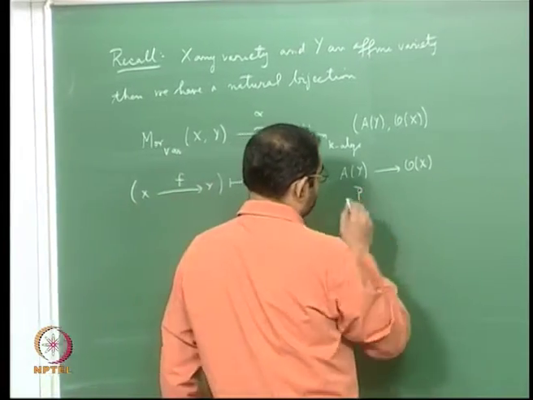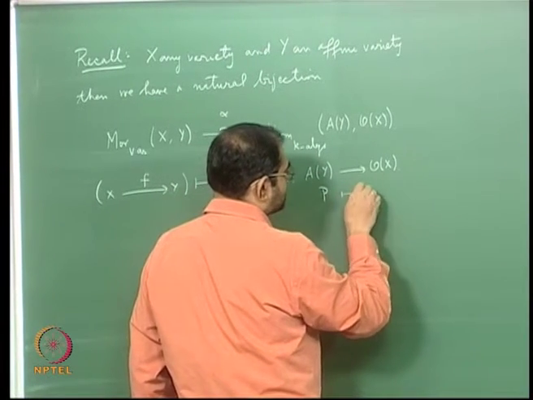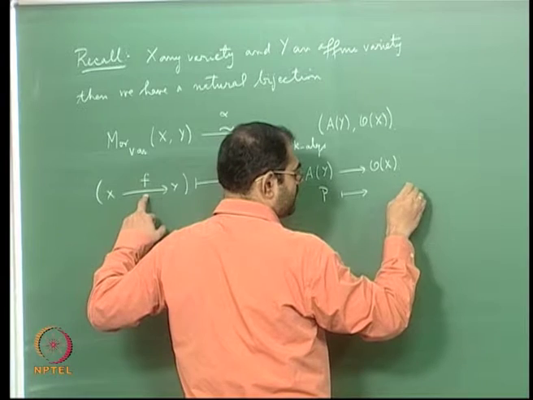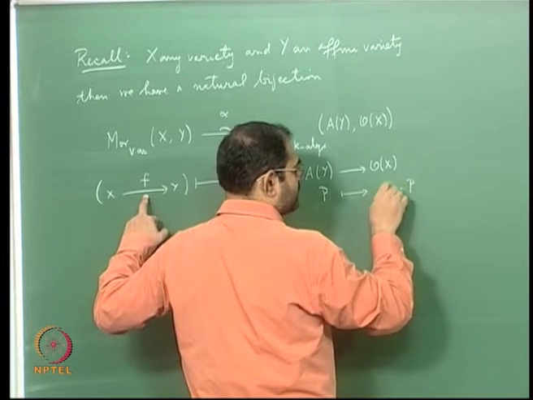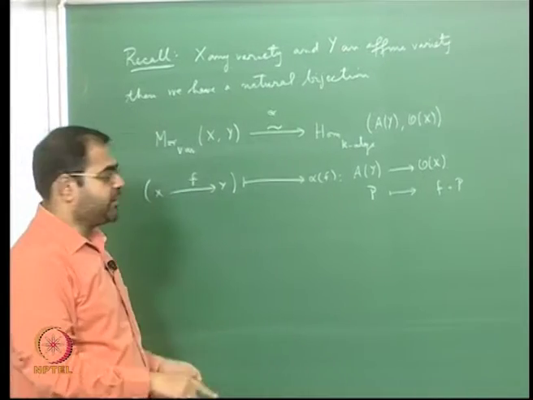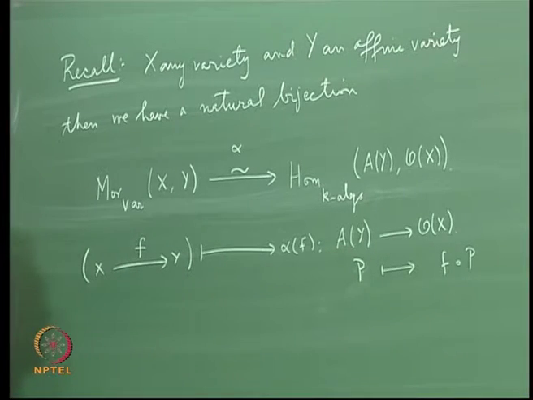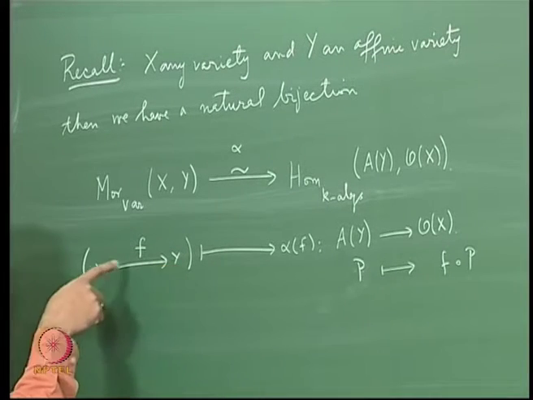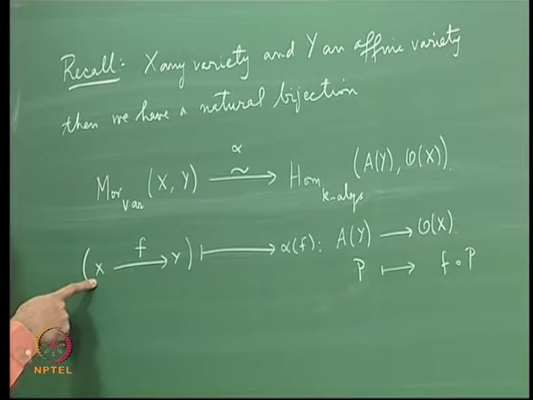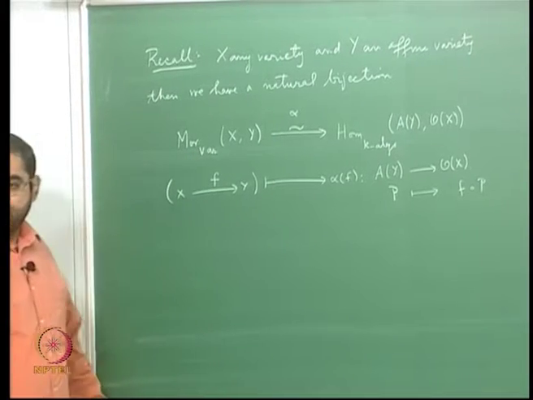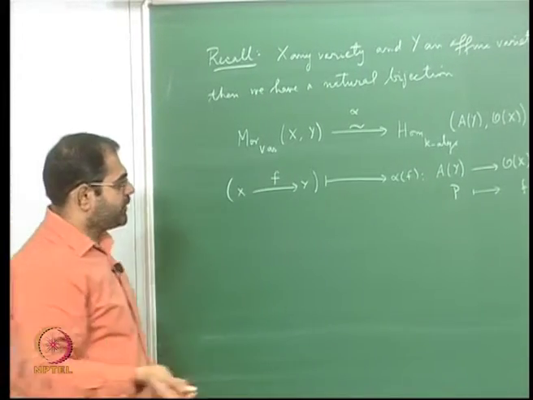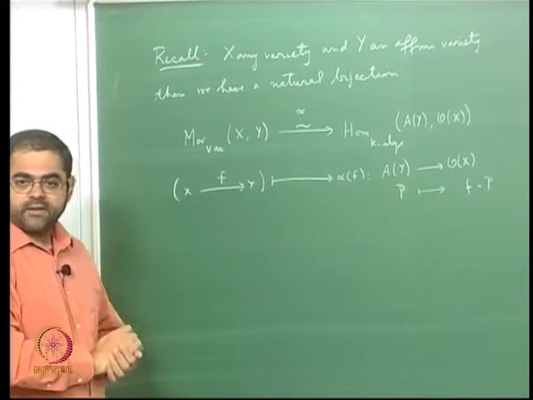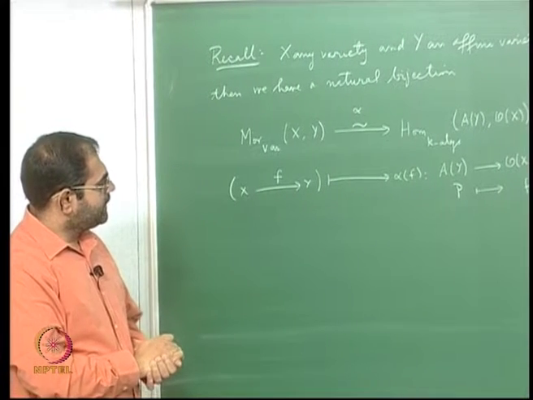So give me a polynomial restricted to Y and I just compose it with f, first apply P then apply f, and that's a regular function on X, because a polynomial function restricted to Y is of course a regular function on Y, and by composing it with f I get the pullback of the regular function on X. The pullback of a regular function has to be a regular function because f is a morphism, because that is already built into the definition of a morphism. So this is how this map is defined, okay.